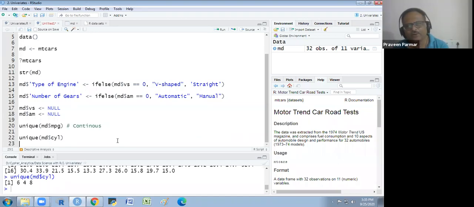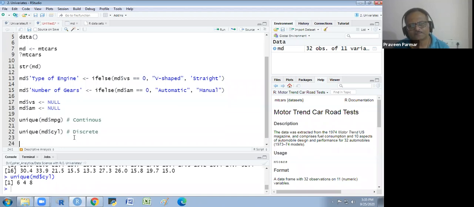There are very few unique values, 3 unique values. So it is discrete. Okay. Similarly, we will do it for the other variables, all the variables. We have all the variables in numeric except the type of engine, which we have converted.